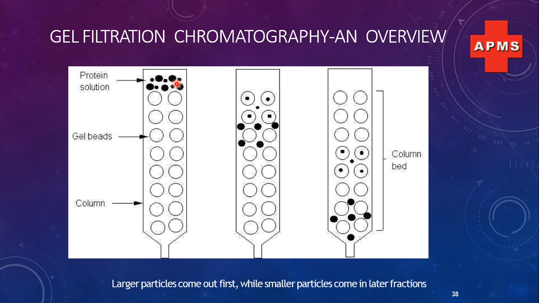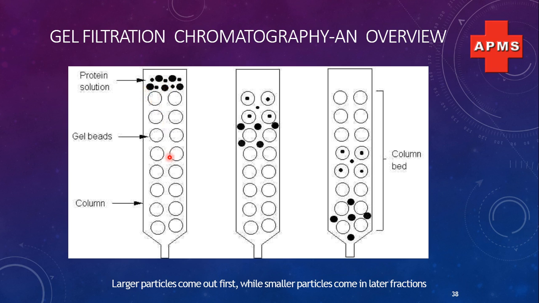Suppose here the protein is a single protein, the same type, where some particles have high molecular weight and some have low molecular weight. These small particles are low molecular weight, or low size, particles of the same protein, and these large black particles have high molecular weight. So these are obviously larger in size.